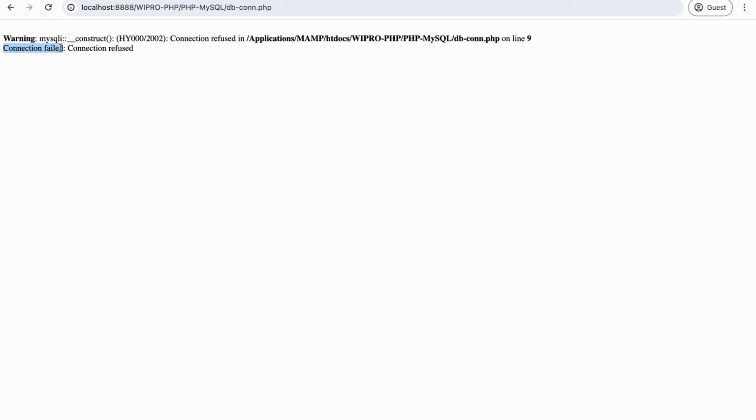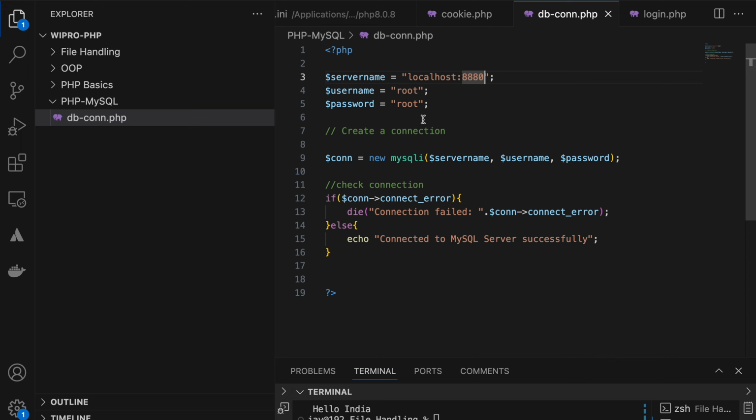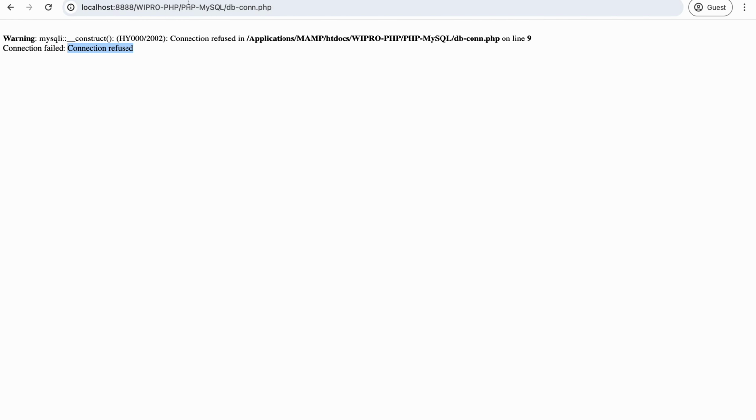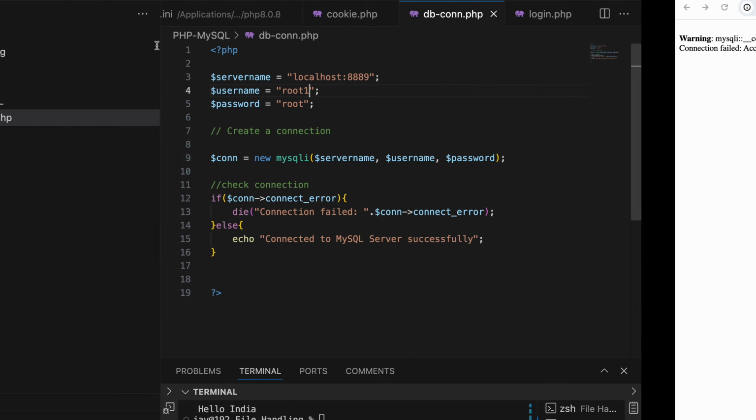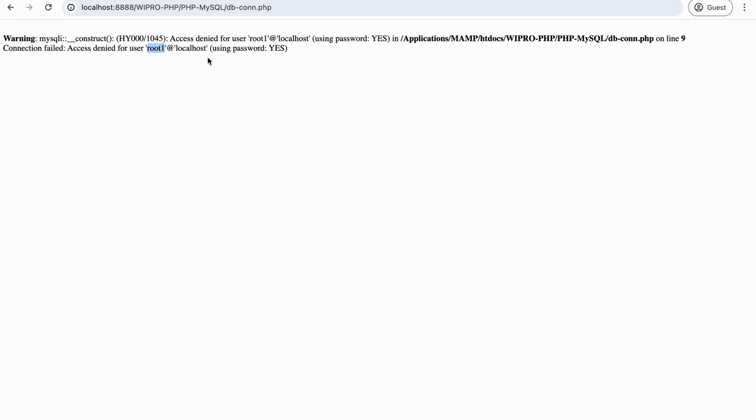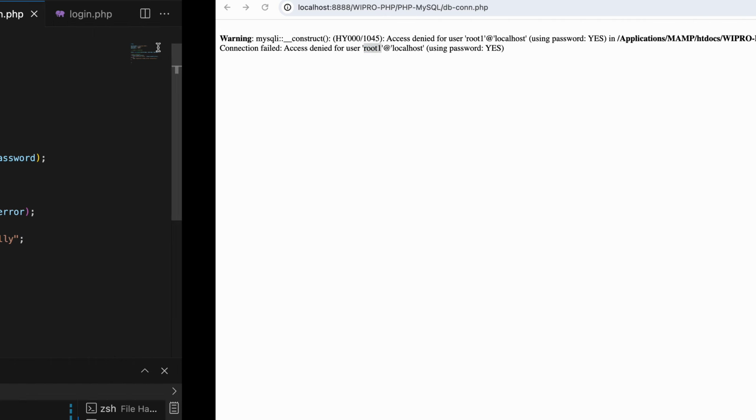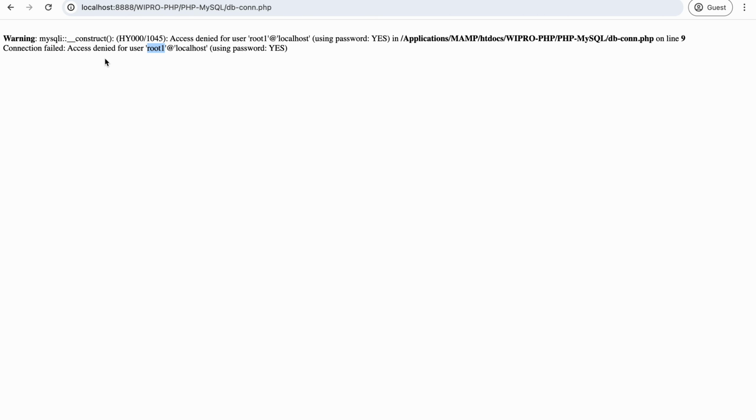I have written this one, but from the server, what message is coming? Connection refused. Why refused? Because credentials are not correct. If my username is wrong, what is happening here? Access denied for this user, it's saying that this user has no access. Some specific error message you are getting now.